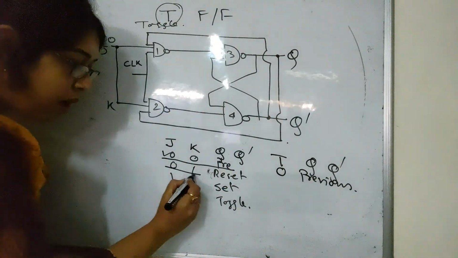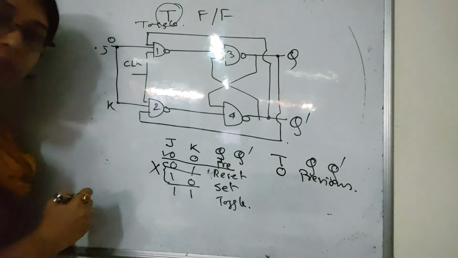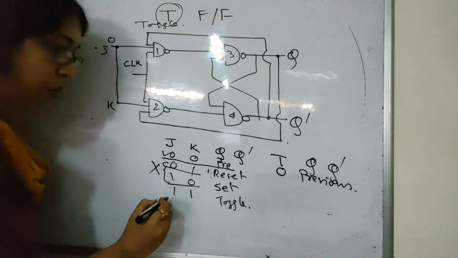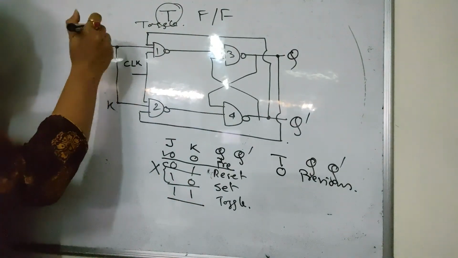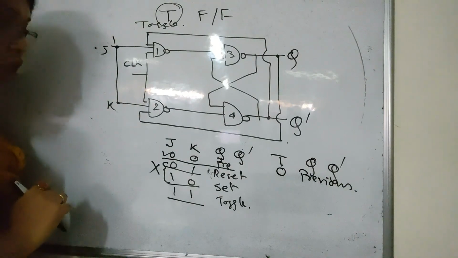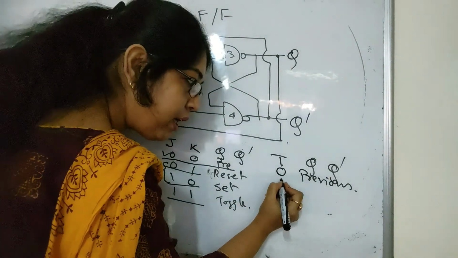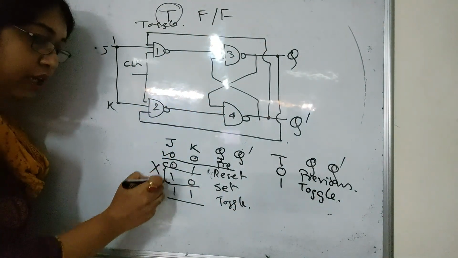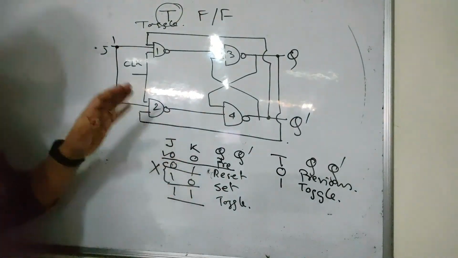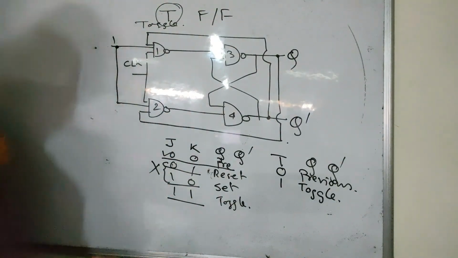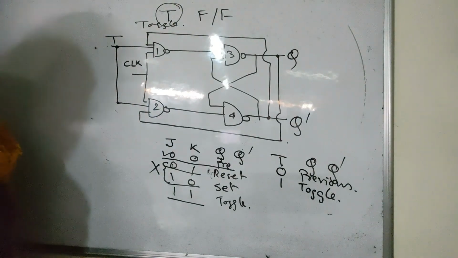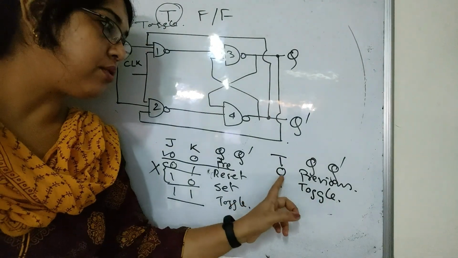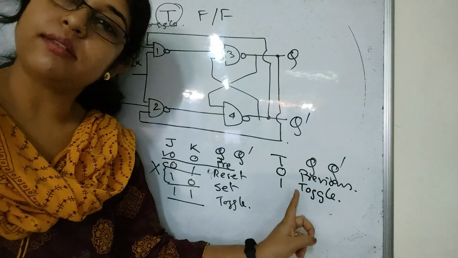And 0, 1 and 1, 0, these two states are not possible because J and K input lines are shorted. Next, 1, 1. This is possible. J value if given 1, K value will also be 1. So therefore, when T value is 1, we get the toggle state. And these two states are not present. So when J and K, these two inputs are shorted, we get the T flip-flop, right? And in the truth table, we find when T is 0, we get the previous state, and 1 means the toggle state.